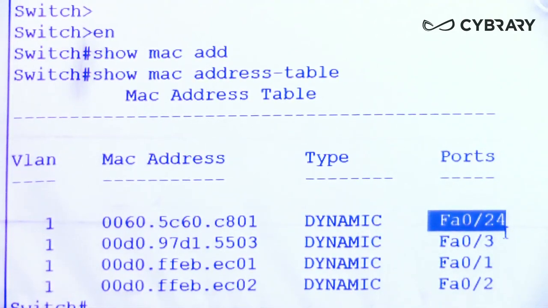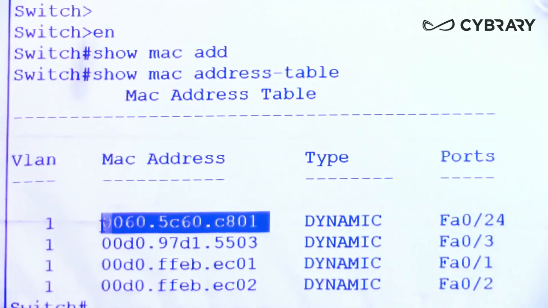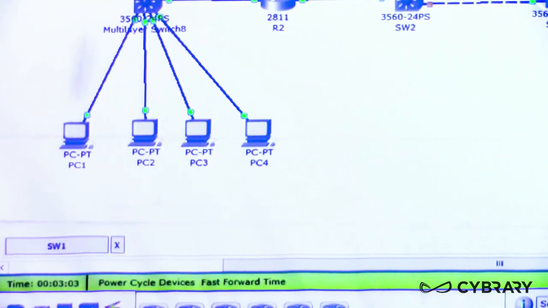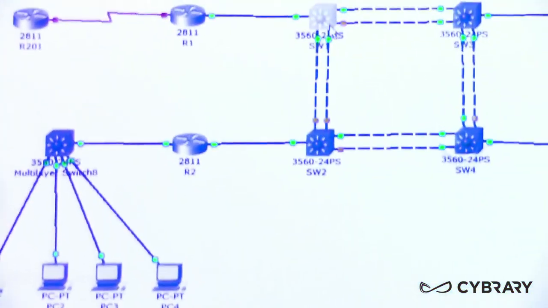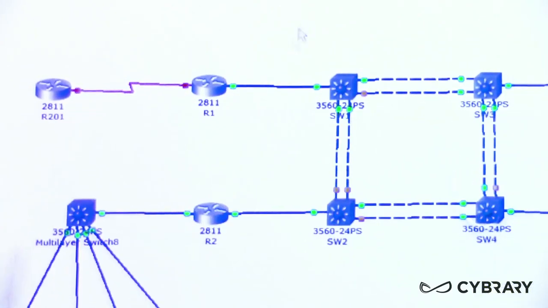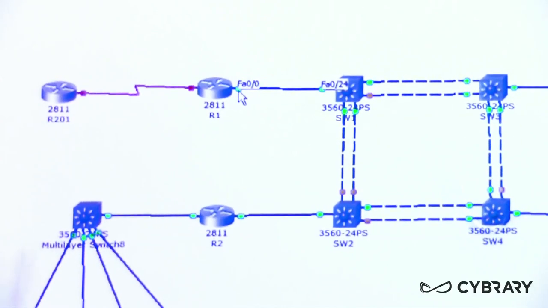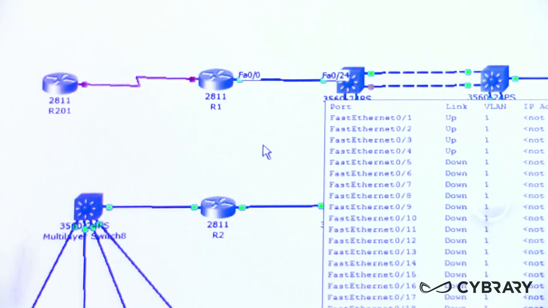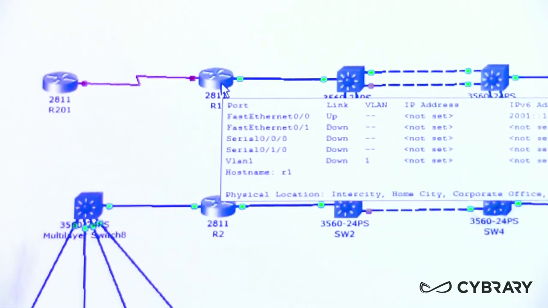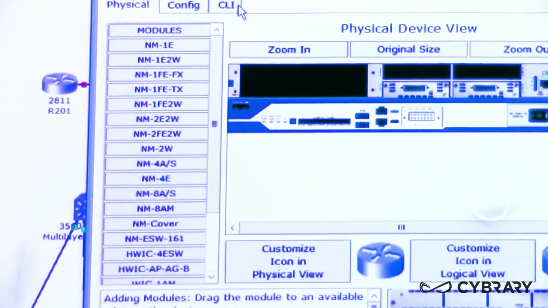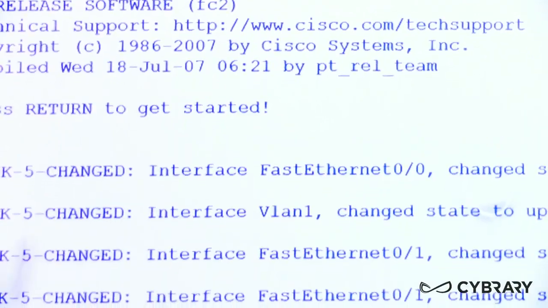Now, what if we are suspicious that this really is the MAC address of the device connected to FA 0/24? Well, as I said, router 1 is connected to switch 1's FastEthernet 0/24. So router 1's FastEthernet 0/0 is connected to switch 1's FastEthernet 0/24. So let's make sure that the MAC address learned on port 24 on switch 1 is actually that of router 1. So I logged into router 1,